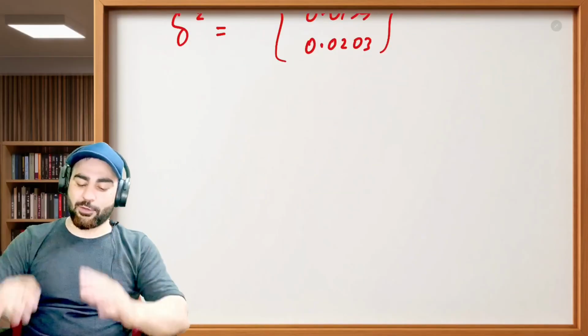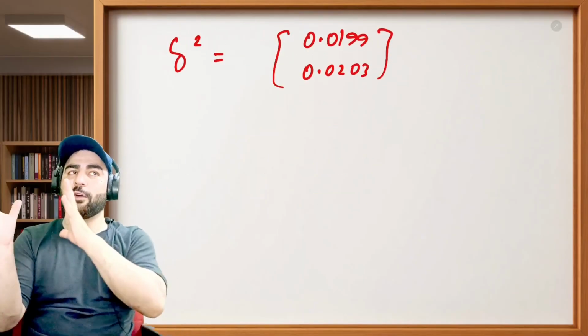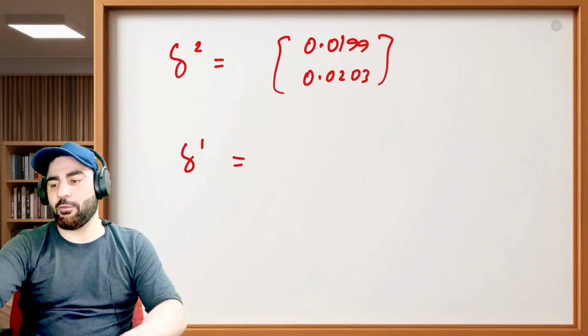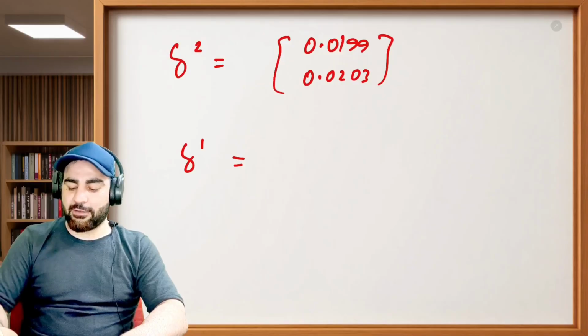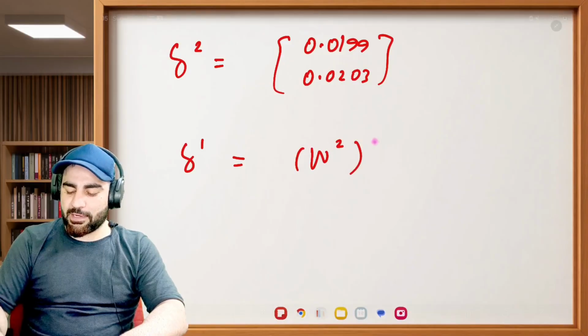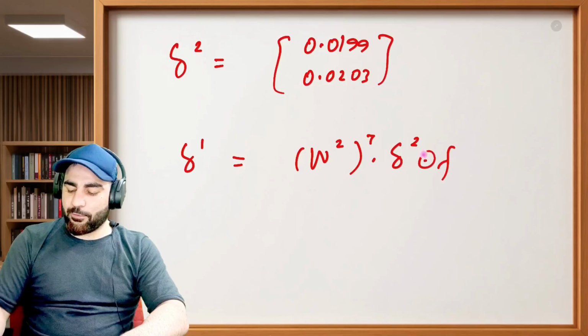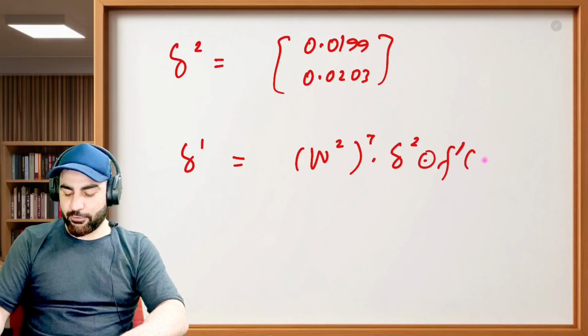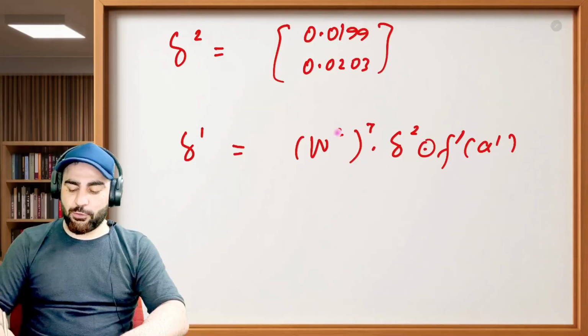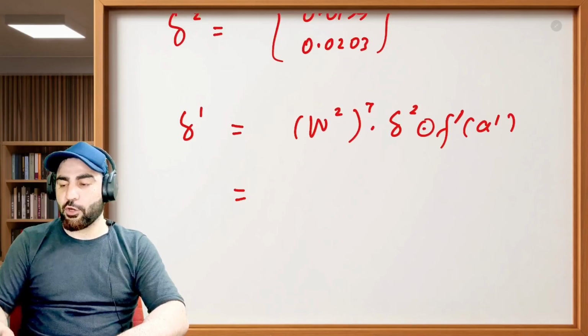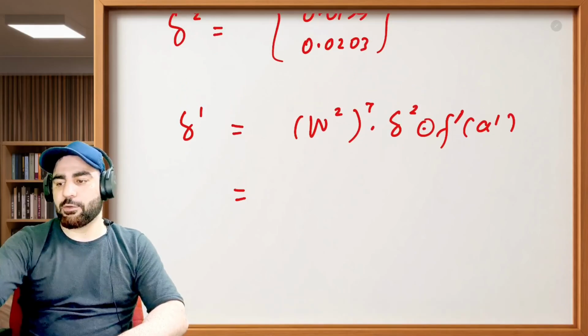Now similarly you have to do that. You have computed delta 2, now you have to compute delta 1. So what is delta 1 equal to? Again take the whole matrix. In vector form, this is W2 transpose, you apply transpose and multiply this with delta 2, and then perform the Hadamard product with the activation of A1. So now you have this matrix, this vector, and this activation with you. On performing the computation, this vector comes out to be